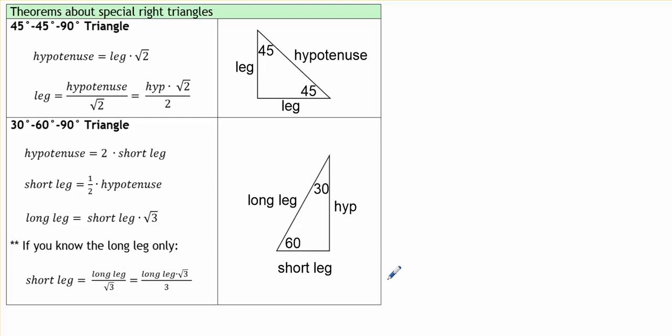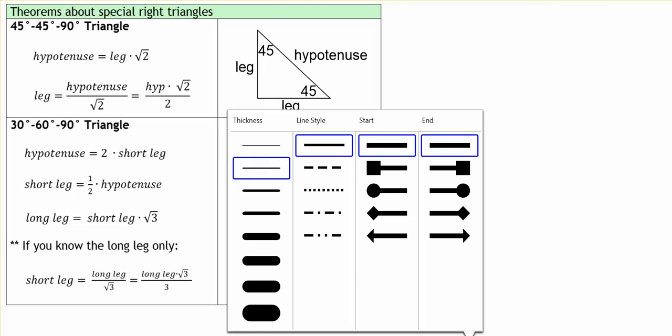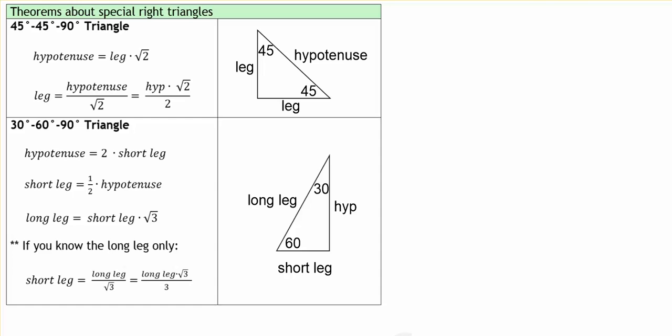For the 45, 45, 90 degree triangle, I did this all without the x and the symbols, and I want you to look at it in terms of the length of the legs and their relationships to each other. So we've talked about this before, that when you have the 45, 45, 90 degree triangle, the length of the leg